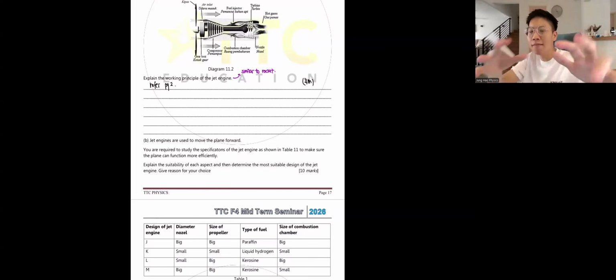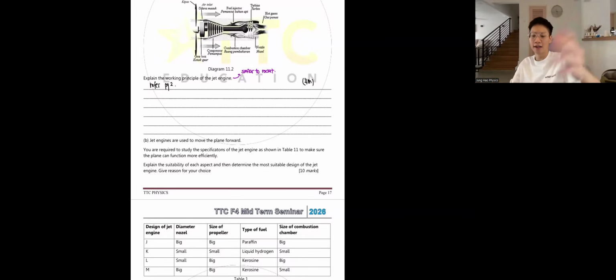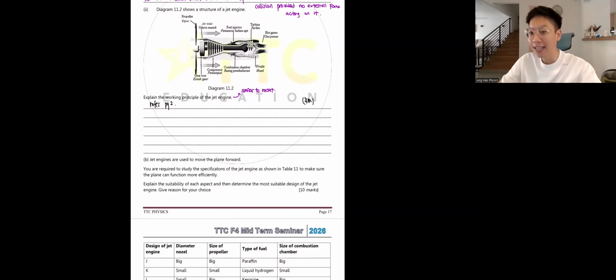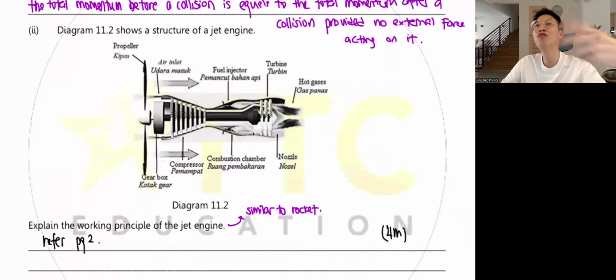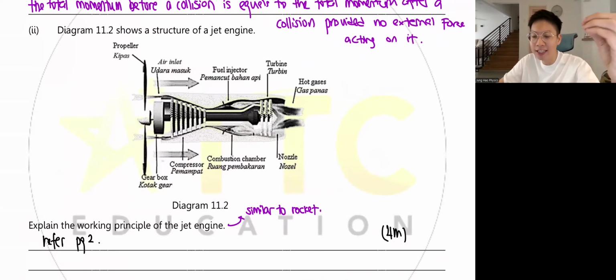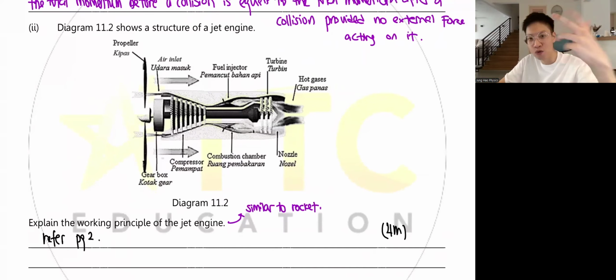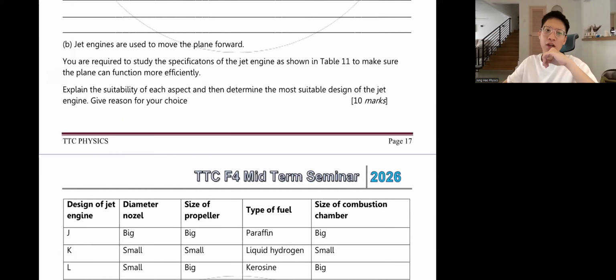Okay, you can describe, even, for example, you can write, because in my answer there, the engine doesn't have a propeller. If here you want to add that the propeller pushes the air in, you can, because it is based on the picture. So the idea is don't memorize the answer. Try to see the picture, then use your own words to write. Okay, can? So come on guys.